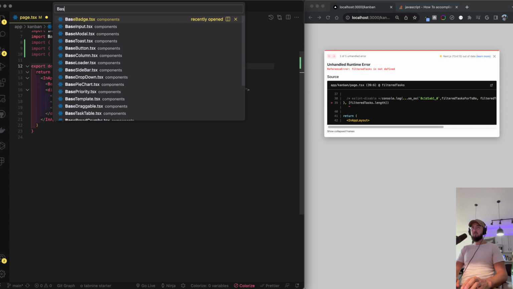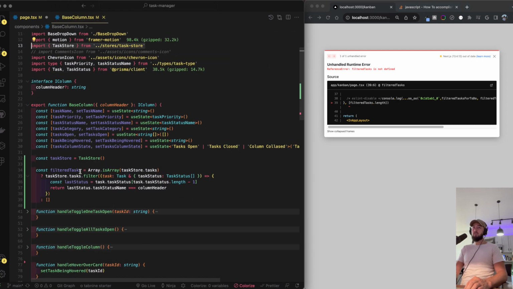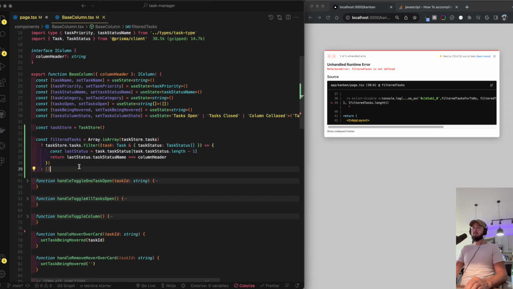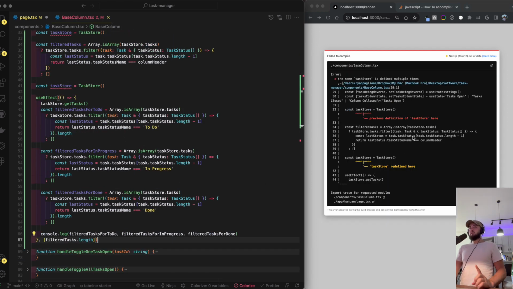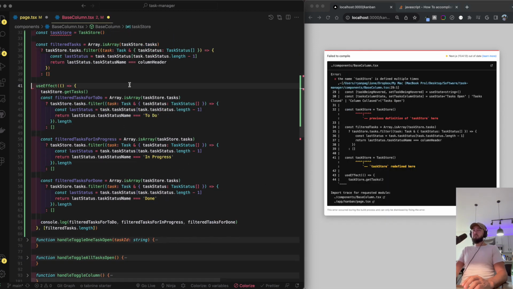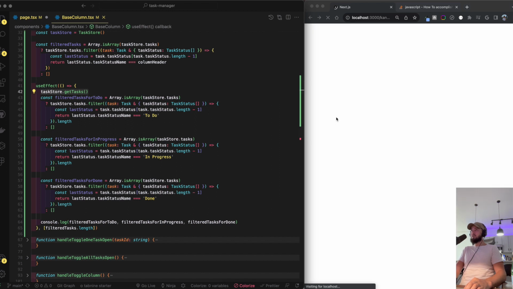Maybe we can get away with it in the base column, potentially. Let's see. So if filterTask ever changes, it should refetch, right? If any of these lengths ever change,